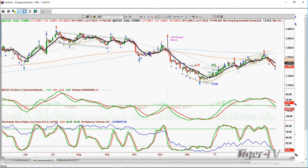And it comes tumbling down, and then there's another buy mode that goes in place on October the 7th, and it goes peak A, B, C, D, gets you to the D, but then it goes one more spike up. This is a pattern that I call the Chapman Wave Rogue Wave. What does that mean? It means after E, you get all these signals. See this bar right here on the 7th of